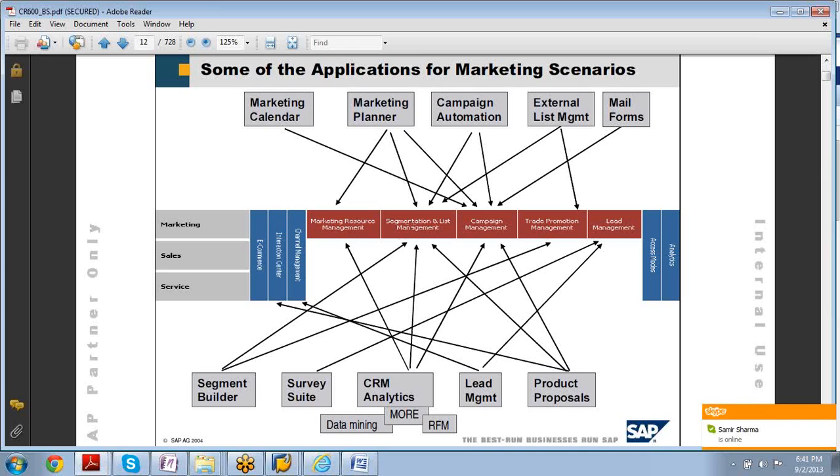This is the marketing planner here. The marketing planner is going to hit the segmentation process, because without segmentation, how can I plan my entire marketing process?